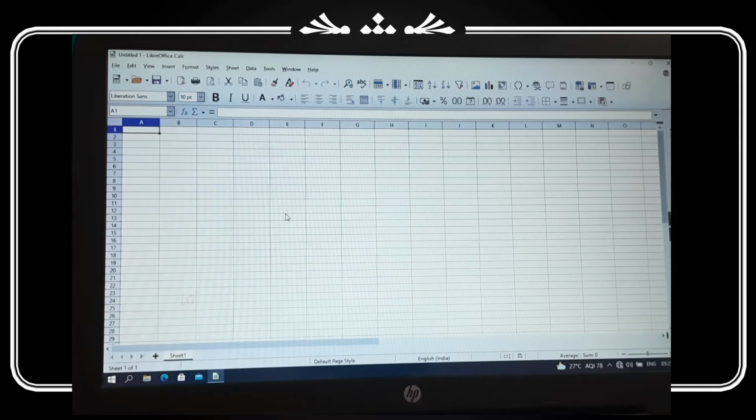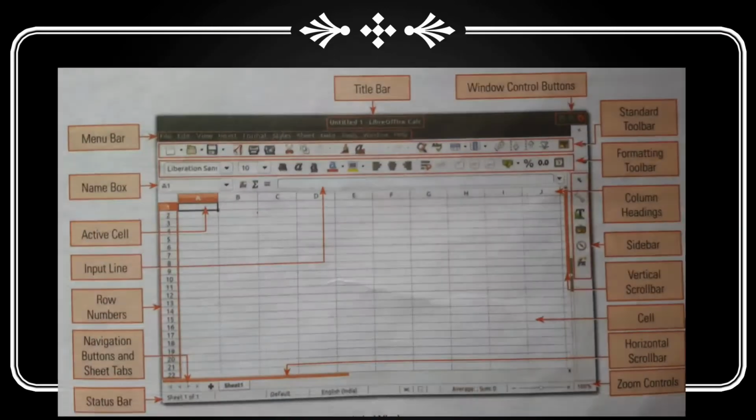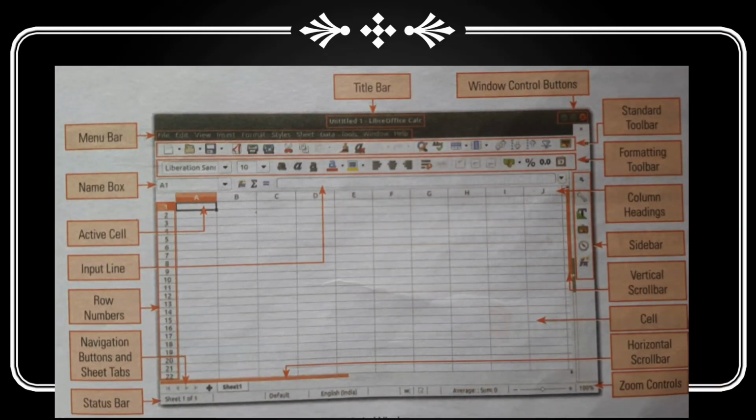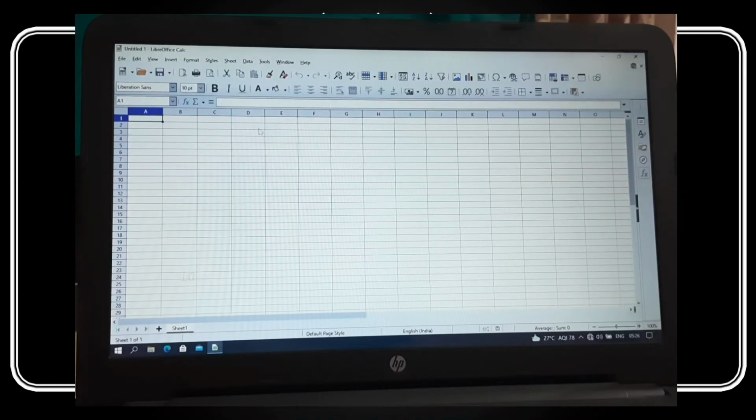Let us see the Calc window in detail. First one is the title bar. Here can you see the untitled one, LibreOffice Calc. That is the title bar, which will be changed after saving the Calc spreadsheet.